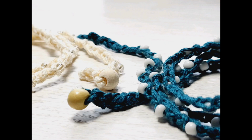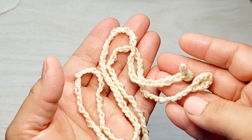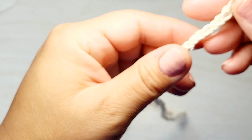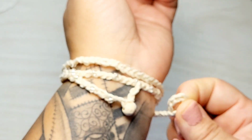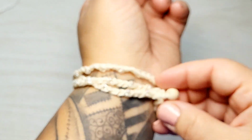Hi everyone! Today I want to show you how to make this beaded crochet chain wrap bracelet. It's made with 100% cotton yarn and it's so soft and so pretty. This one's about 24 inches, but you should make it as long as you need for it to wrap around your wrist as many times as you want. This one's a cream color yarn with clear glass seed beads woven throughout, and it has a wooden bead and